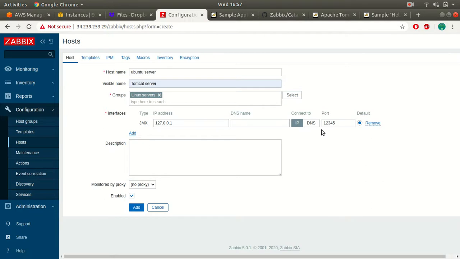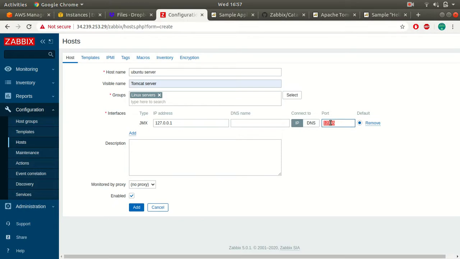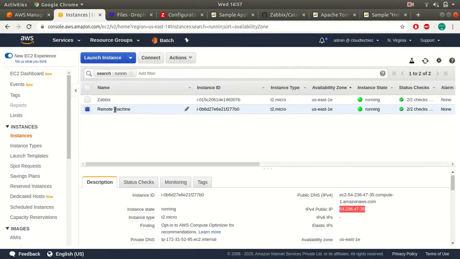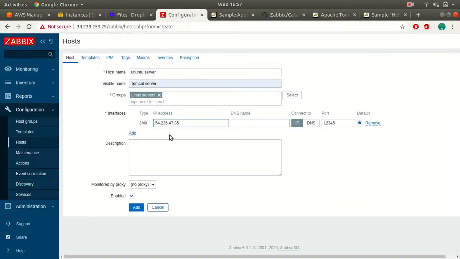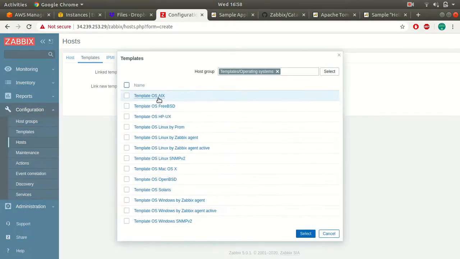JMX by default uses port number 12345. That's the reason we have opened 12345. But if you want to use some other port number, you can always do that. Make sure you are changing it here. Now here you will need to give the IP address of your remote machine, which is going to be this one. Provide it. Then comes your template, that is what information you want to be monitored.